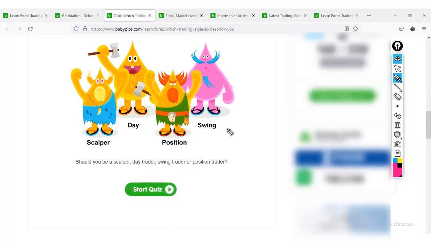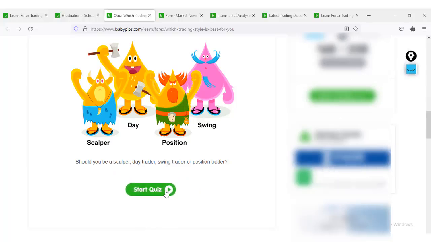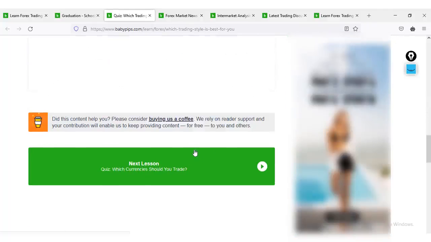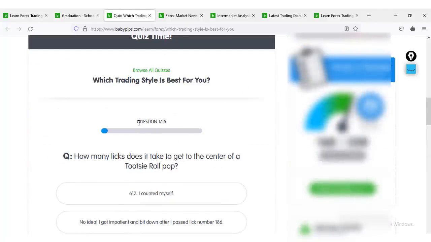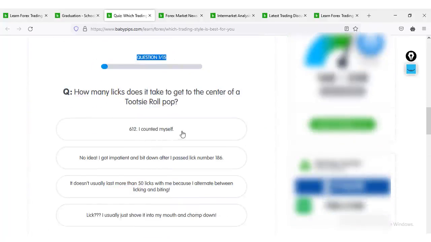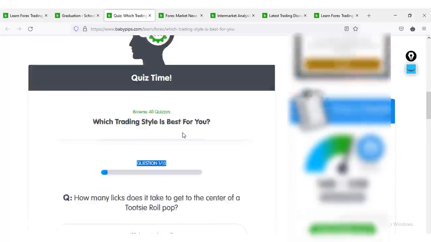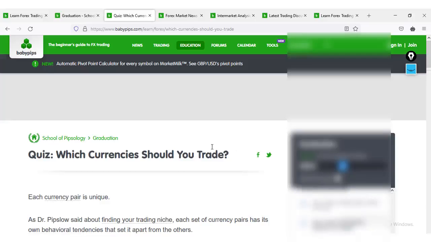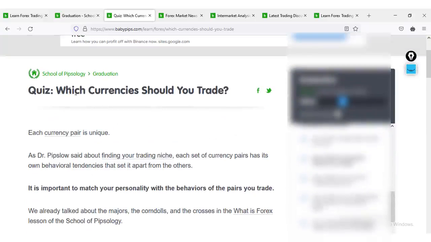So I've taken my own quiz. You have to go and take your own quiz by clicking start quiz, and then you find out which kind of trader you are. They're going to ask you a lot of questions. There are 15 questions in total, and at the end of the quiz, the answer will tell you the kind of trader you should be, either a day trader or a swing trader. For the next quiz, I'll be giving you my own personal answers, right? So the next quiz is which